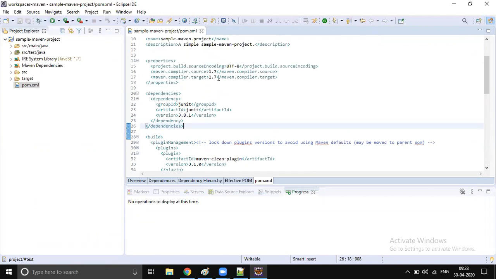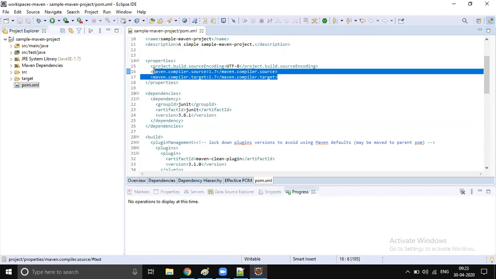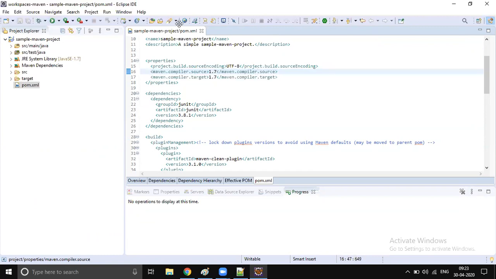Okay, and the simple archetype version by default takes JDK 1.7. Okay, JDK 1.7. But as we would like to go ahead with JDK 1.8. Anyway, once you create a Spring Boot application, you automatically have a default of 1.8. So we no need to change this now, at least at this particular time. We can do the changes after some time. Okay. Yeah, so this is how we create a Maven project.